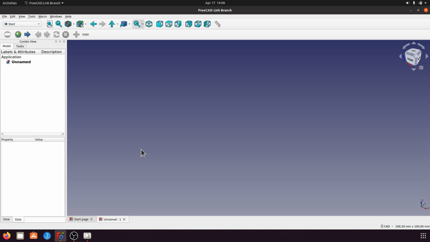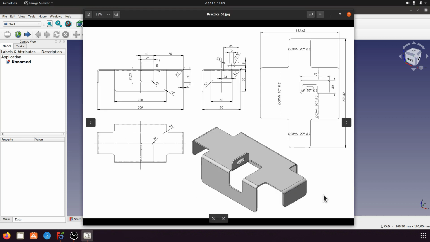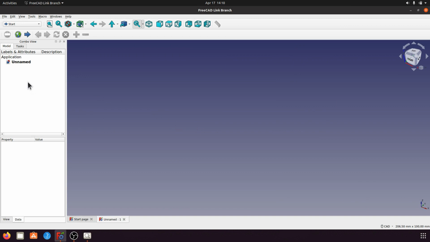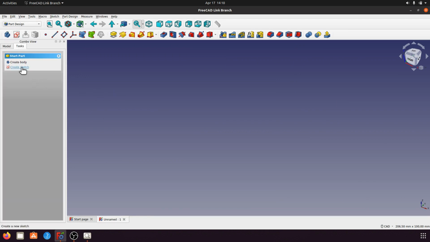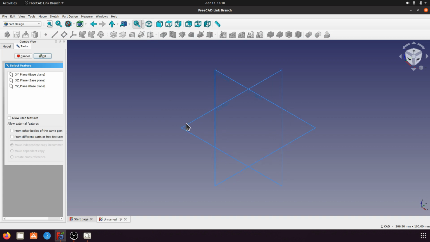Today I'm going to create a sheet metal drawing, and then this is the drawing and this is the 3D view. Now I'm going to create this base sheet metal or the wall with the size of 120 to 90 millimeter. Okay, now we'll go to FreeCAD and then go to part design, create sketch, and then click for